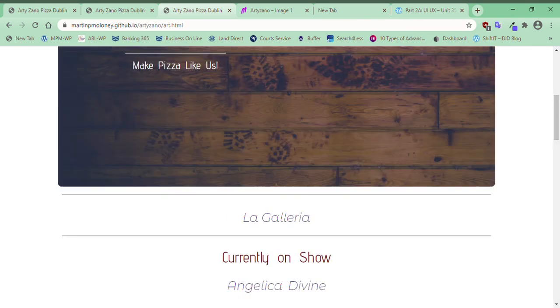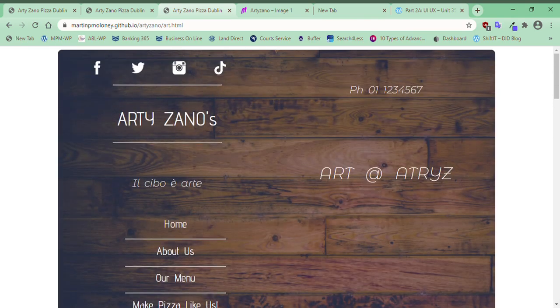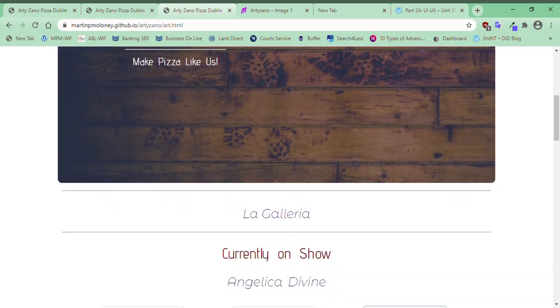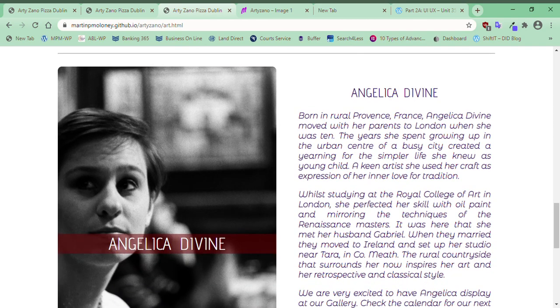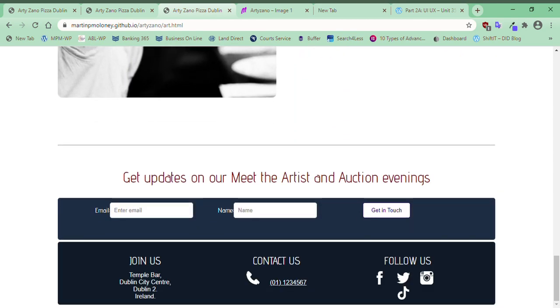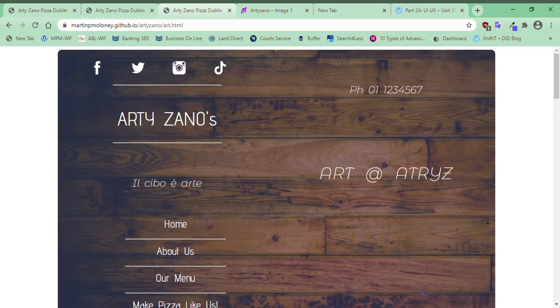From a UX point of view, it's designed to be easy to use, it's easy to navigate, it's not overly complex. There's more information needed: the opening hours, allergens information, contact email and corporate information, privacy policy, and other terms and conditions, particularly for the gallery section, all have to be added to the site. In terms of its presentation of what it is, I think it meets by and large the needs of the client